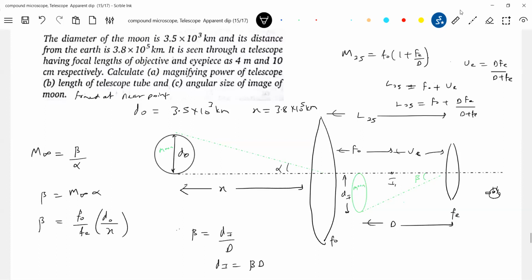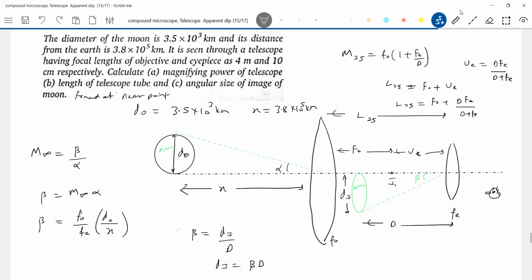Okay, fine. So these are the ways here. Sir, what is the diameter of the moon? 10 to the power of 3 kilometers. So in how many kilometers do you expect the diameter of the image of the moon? Anybody? I just want your common sense here. Of course, sir, we are not seeing through a telescope. If you have seen a telescope, what do we think normally? This will come in kilometers. So can you see an object of diameter 1 kilometer nearby your eye, at 25 centimeter? Just try to see.